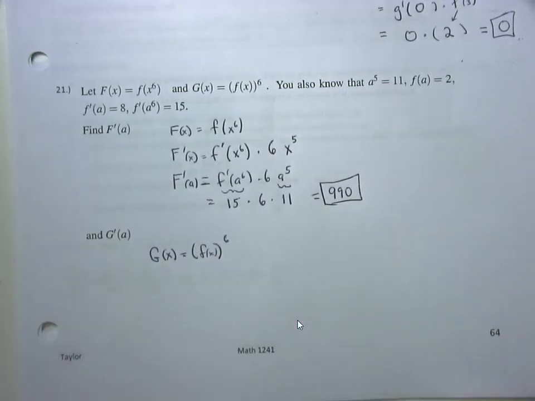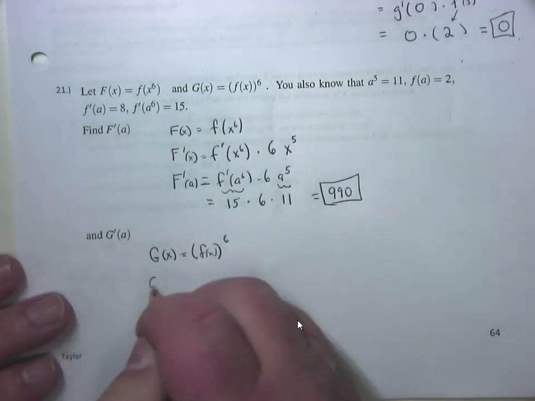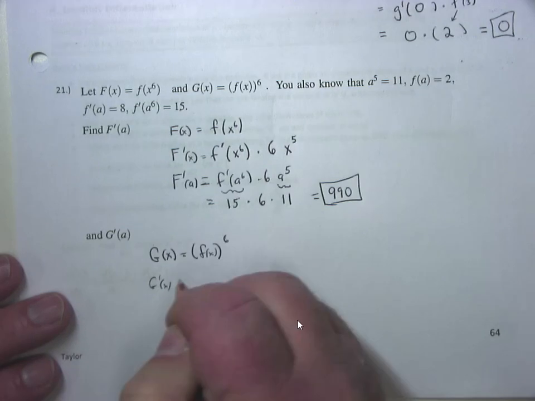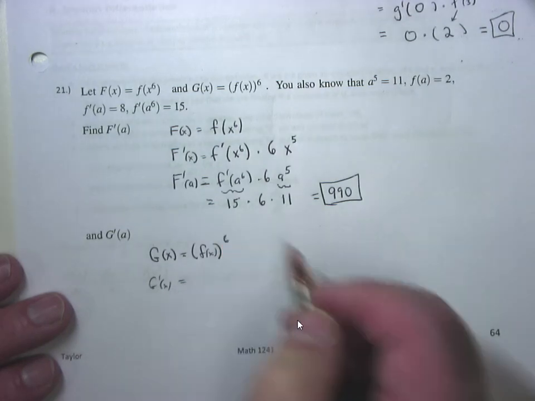So once again, I see chain rule. I see f of x literally on the inside now, and that 6th power on the outside. That's the trick, is to pause, hesitate, and see what you see, and see what location they are. Outside, insides, that's chain rule. So let's take derivative. G prime of x would be equal to, well, 6 is on the outside, so derivative